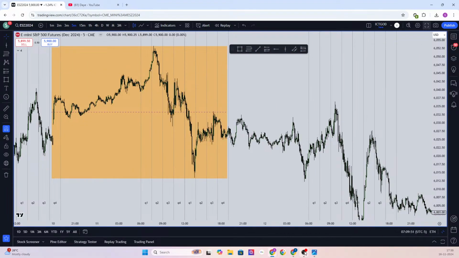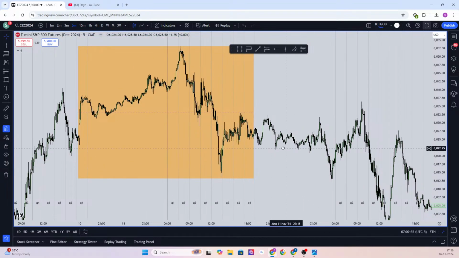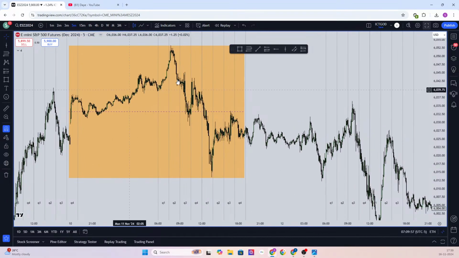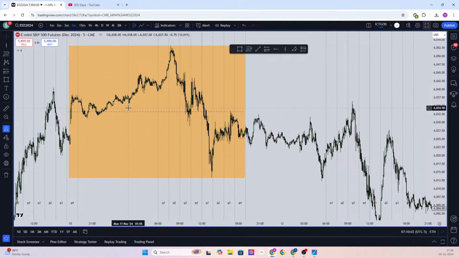I think it's better we go to the chart. Okay, we'll do it here. So this was the entire Monday session. That is why on Monday usually you don't trade, because you won't have an idea of what the market is trying to do. So since it was in a range,